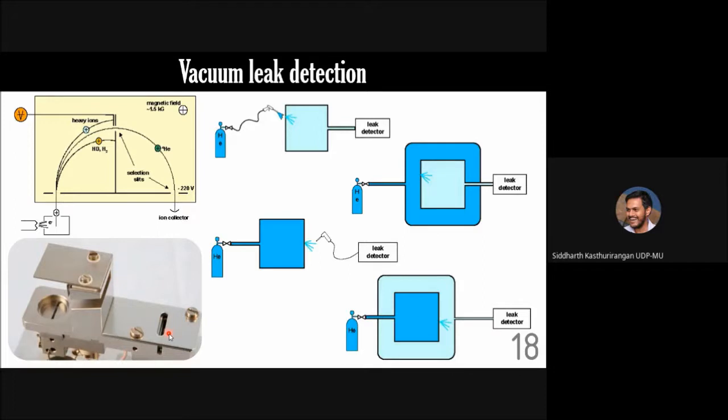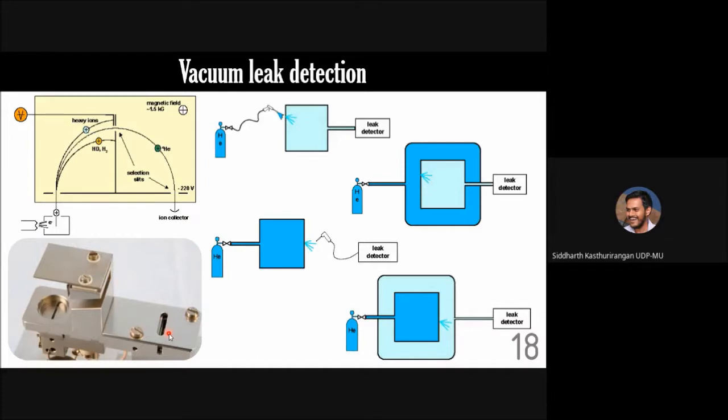And actually this is great fun to do in the laboratory, trying to find out where is the leak. Of course you have to be very careful and pinpointed where you are spraying the helium. If you indiscriminately spray a lot of helium all over the lab, then it will keep showing you leak at random places where actually there is no leak, because helium will diffuse even in the lab.